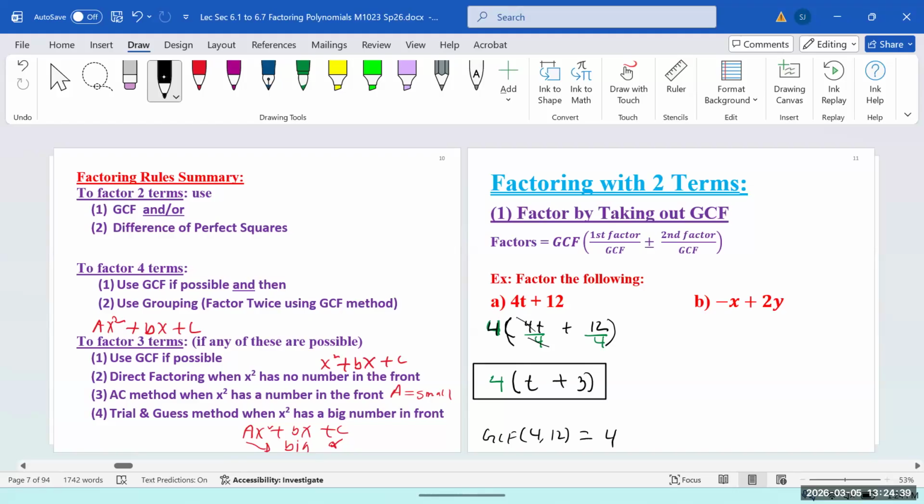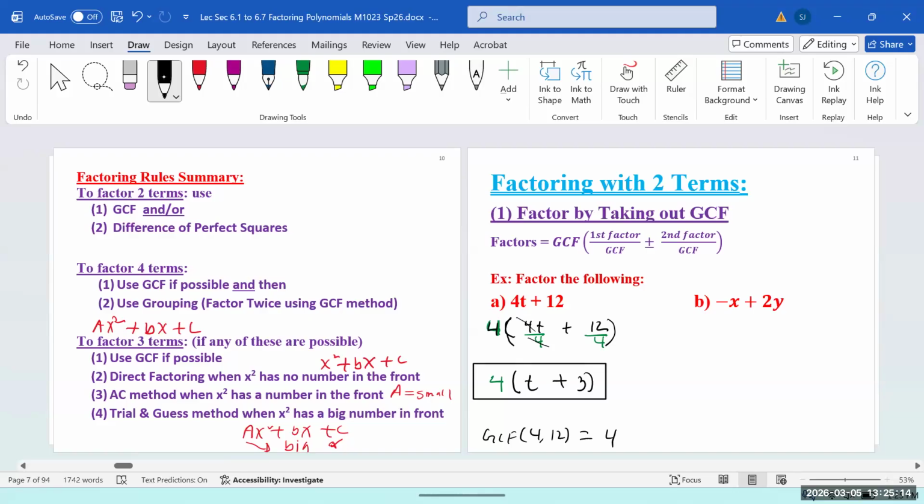Did you ever see this line before, in any of the other classes? No, right? I'm also writing it for the first time with you guys. I never did that before, the second line. I realized people know what a GCF is, but they don't know what is left after they pull out the GCF. So that's why I was thinking how to help you guys, and then I came up with this method. So why not make it visible instead of doing it mentally?